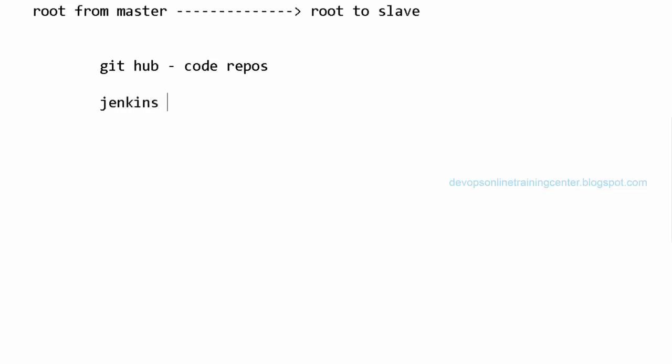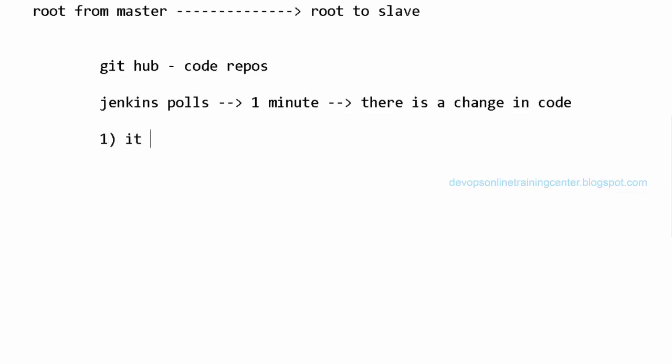Let us say it is polling every 1 minute and detected that there is a change. What is the next thing that happens? It integrates using Maven. The first thing that happens is it creates a job in Jenkins, right? Then what happens? Next step.